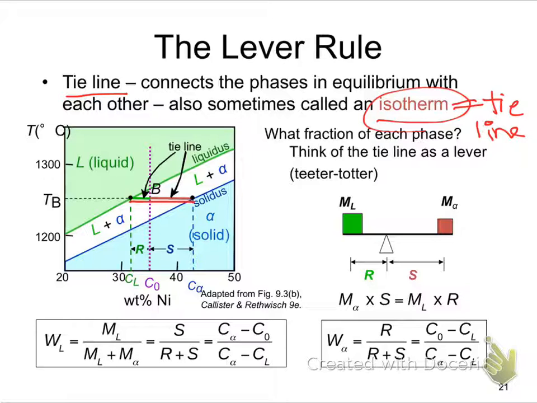We're going to look at this as a lever or a teeter-totter, where we're going to look at our liquid or our mass of liquid. Let's call that mass or weight fraction of the liquid. Ooh, that's bad. I'm going to just use mass for M. And we have our value R and S. And we will simply use the ratios. We can see that